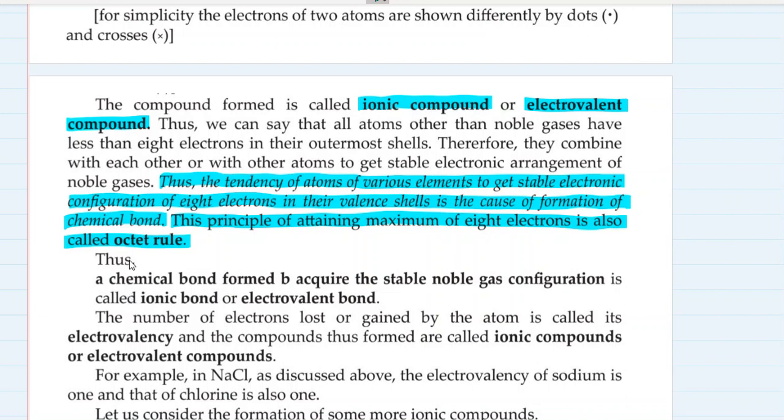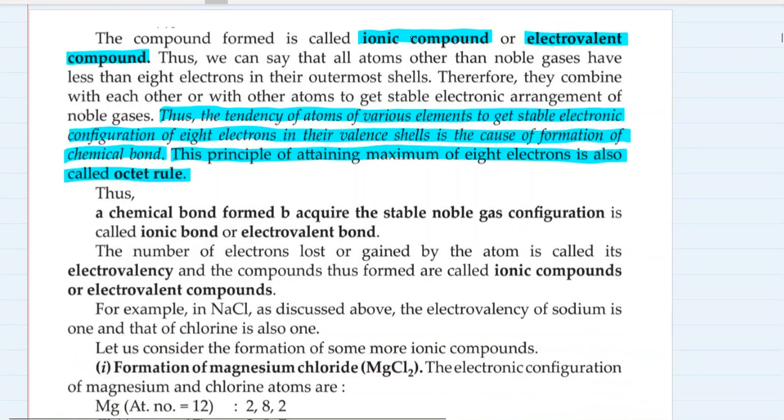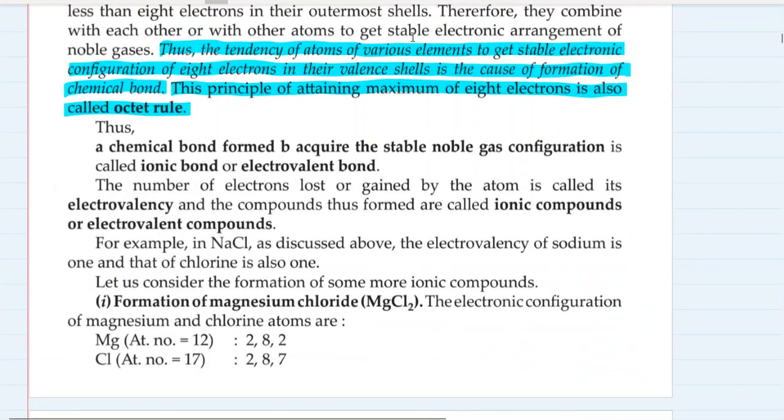Atoms of metallic and non-metallic elements have a tendency to attain stable electronic configuration, and this tendency of attaining stable electronic configuration results in the formation of bonds. So a chemical bond is formed